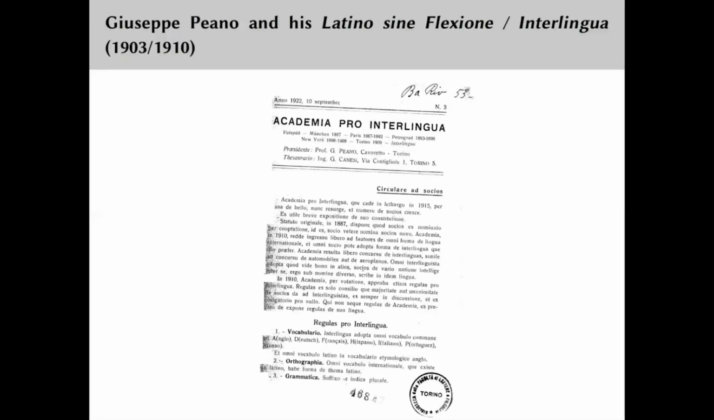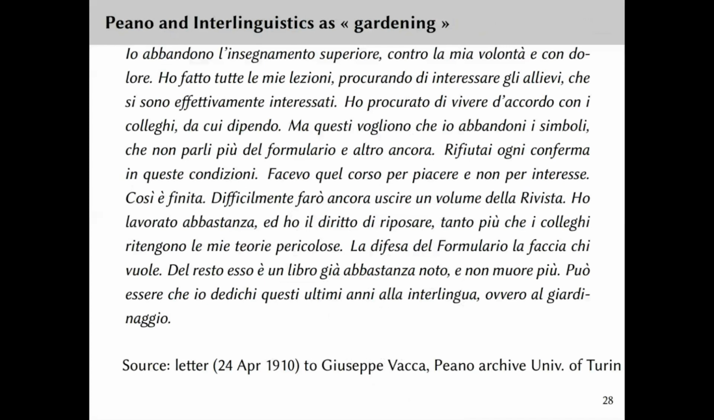Lesson 4, Peano and his Latino sine flexione, also Interlingua. He focused only on, you see, academia pro Interlingua, on academic people. He addressed mathematicians and so on, thinking that the main thing is to conquer, let's say, the scientific community. And by the end, he said, in a very depressed letter in Italian,